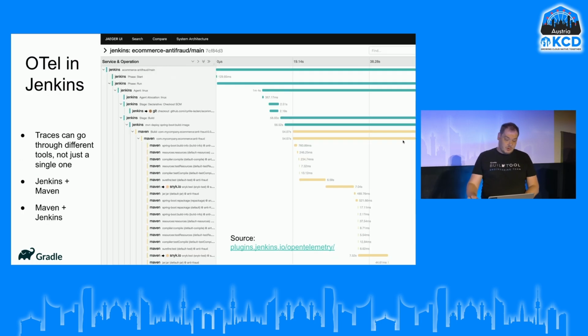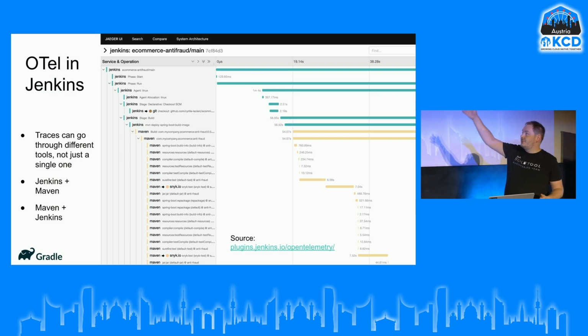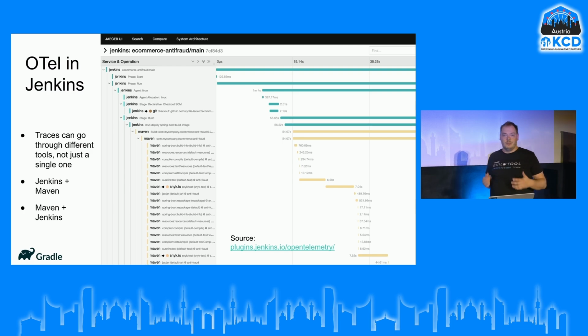How it used to work in principle: everyone uses OpenTelemetry to some extent, and the idea is quite simple. If you have multiple tools that call one another in the various build chain, you can connect them and have a trace that would include your whole pipeline, right? So we start, let's say, from Jenkins, and then Jenkins triggers a Maven build for Java. And it can still be a part of the same trace with observability metadata. It's a really nice thing to have if you can actually get it.